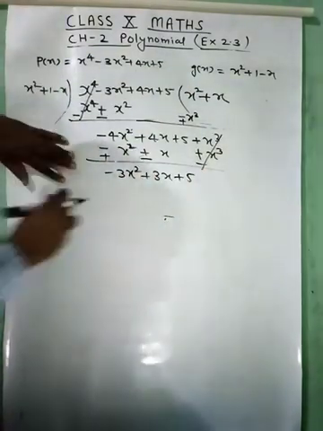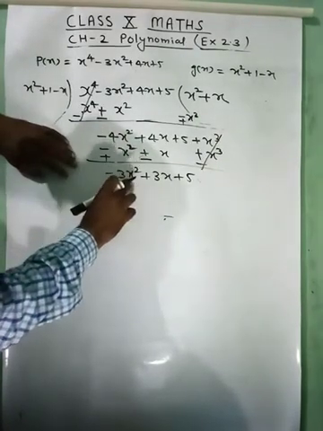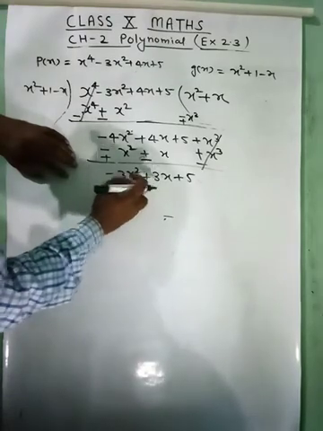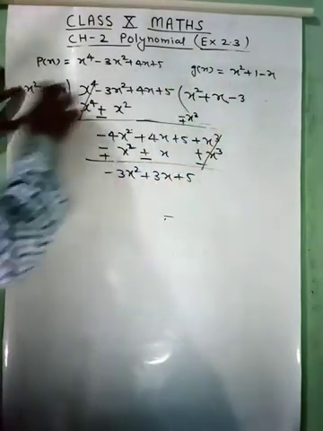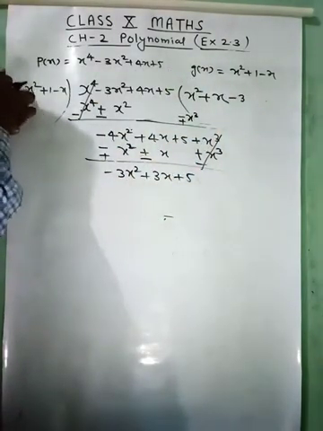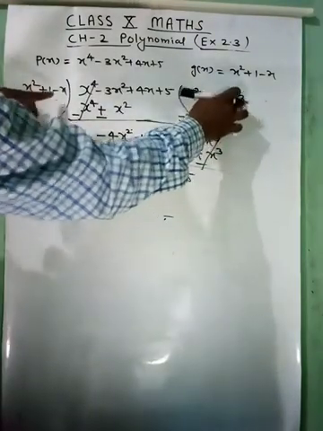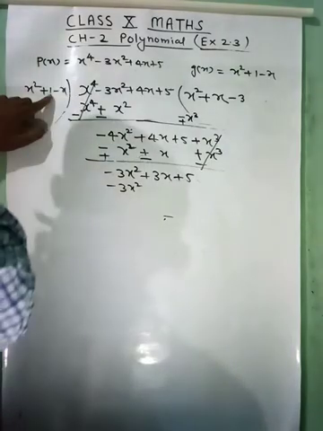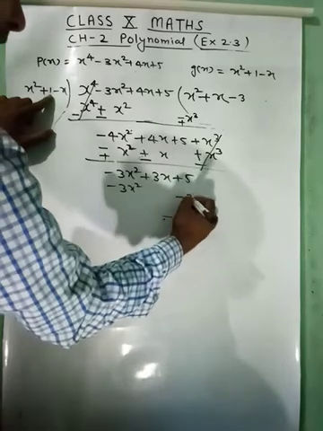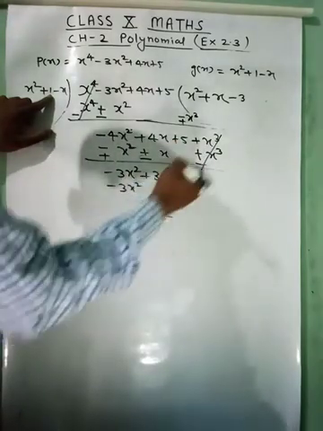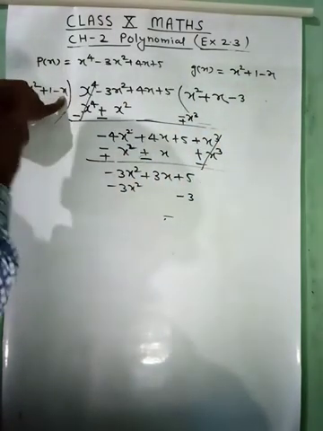Now it is a larger exponent x square, so remove minus 3x square, will be right here minus 3, and when minus 3 will be multiplied with x square, it will be minus 3x square. Minus 3 when it multiply with 1 it will be minus 3, it means it is a constant term, so will be written below the constant term, and when minus 3 is multiplied with x it is minus 3x.